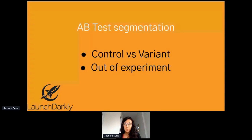We generally create 3 different groups among our customers. Control and variant are for users to be counted inside the experiment, where users under control will see the old version of the feature and the users under variant will see the new version of the feature. And on the other hand, we have the out of experiment group that will include users that won't be counted inside the experiment, meaning that we are not going to collect data from them. And how do we do this